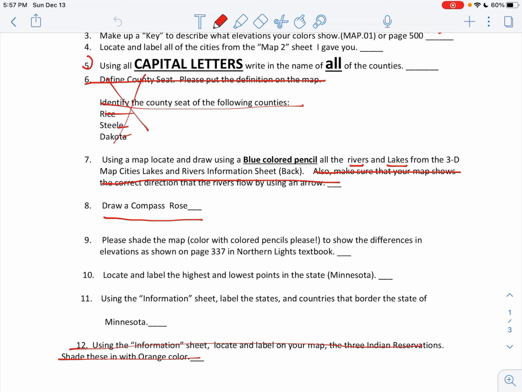Remember, in step number 7, you don't have to show me what direction the rivers flow. We're not going to do that with this one. There's an assignment we needed to do, and it was just kind of a pain to do without being live. So we're just going to skip that one. Number 8, you should have drawn a compass rose on your map somewhere. Next thing I'm going to ask you to do is,